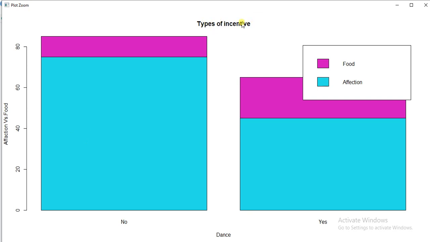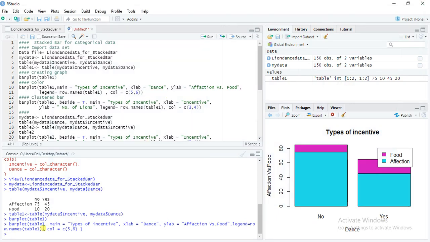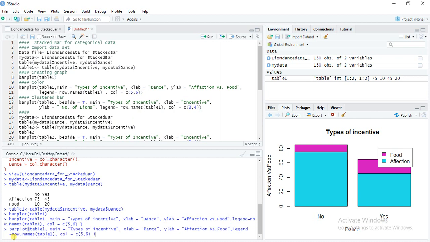So types of incentive: one variable divided into two, incentive divided into two. One is food versus affection, and another dance, that is no and yes. Both the variables are categorical, which is required for the stack bar. Now we will give another color scheme to this graph.